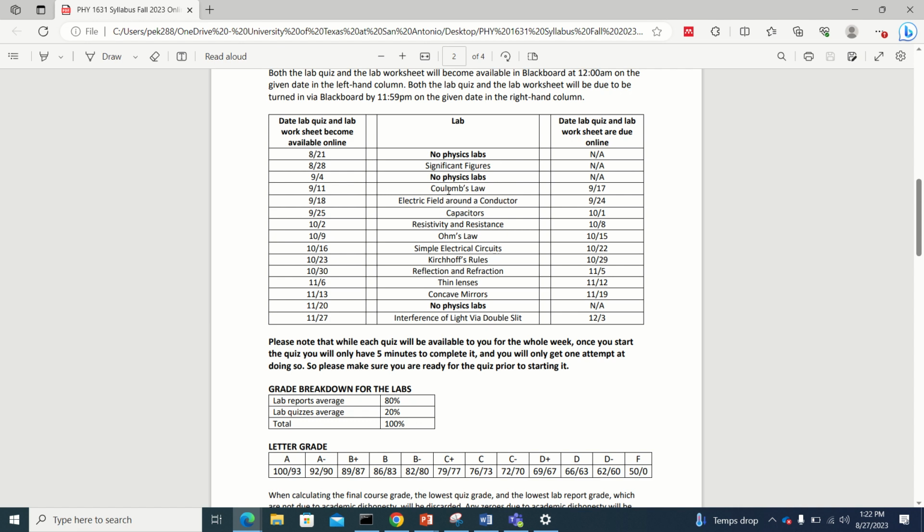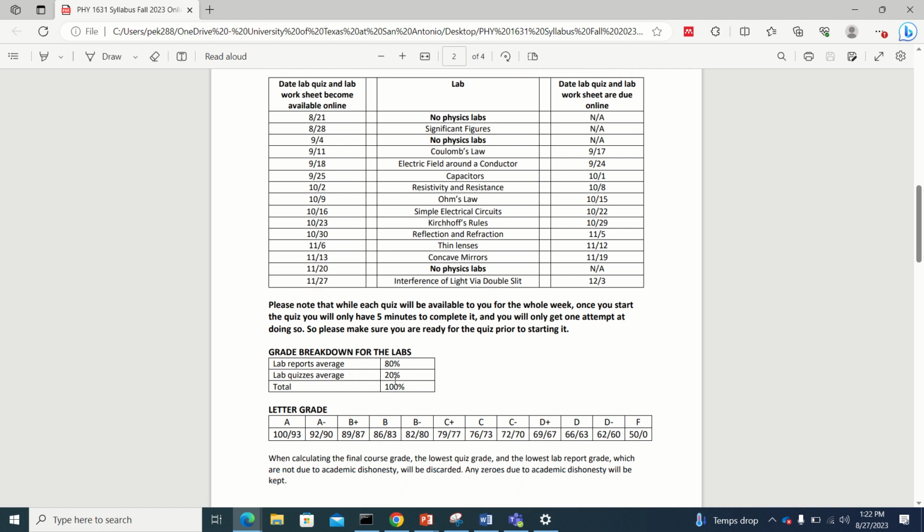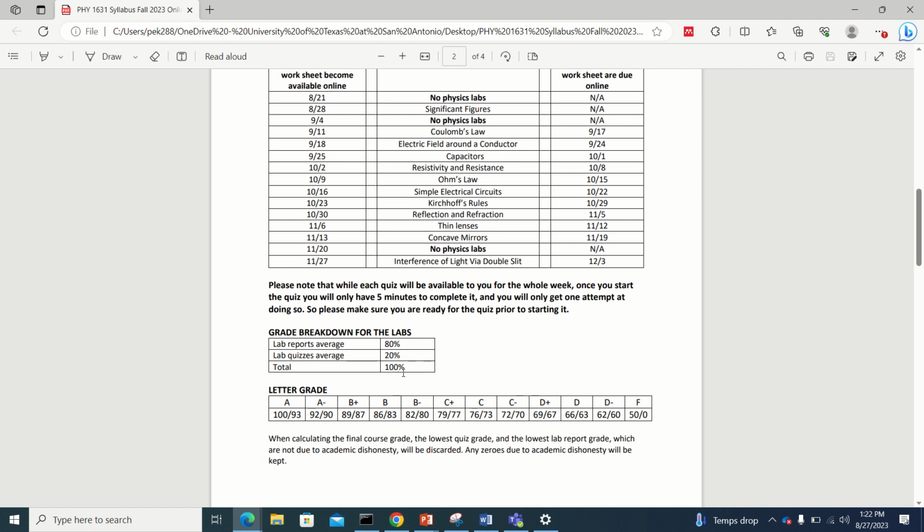So everything in that module, do that. If you prefer to do the lab first, that way you're familiar with the lab, and then take the quiz at the end, that's completely fine. But just note that the quizzes are 20% of your grade. Again, I need to warn y'all, once you start the quiz, that's it. You only have one attempt. So if you start the quiz, please make sure you're in a quiet place with secure internet and things like that. Because if you start the quiz and something happens, that will just be your quiz grade for that thing.